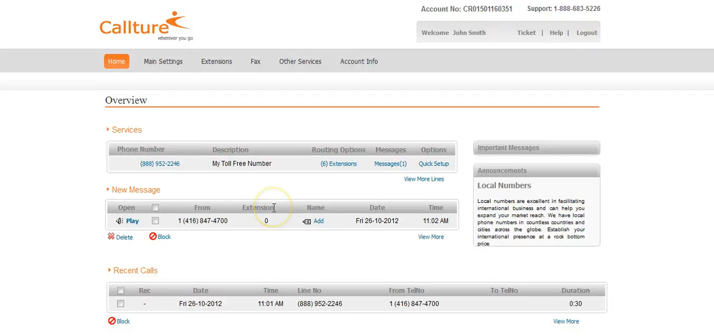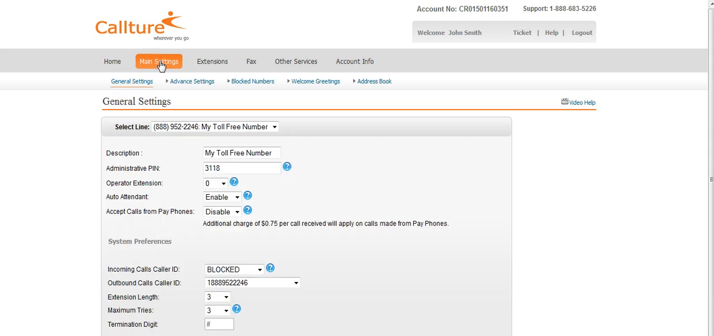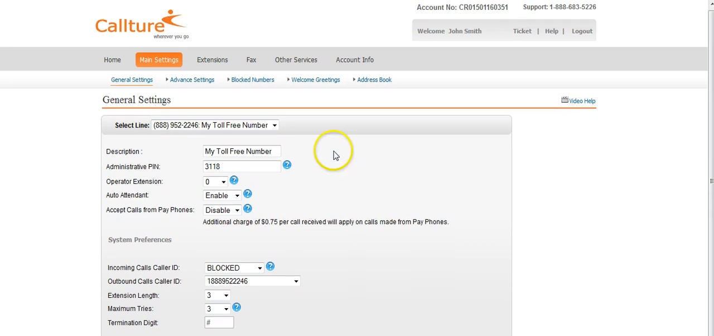Let's have a look at some of the main settings for your numbers. From the home page, you can click on Main Settings. Once here, make sure you select the appropriate line number that you want to make changes on. You'll see a few different settings here, such as the description you'd like for your line, the administrative PIN, the operator extension, which is the extension that calls will default to generally if they don't push a button,